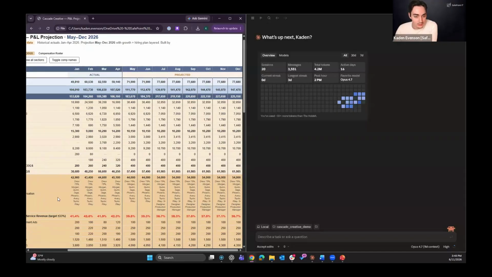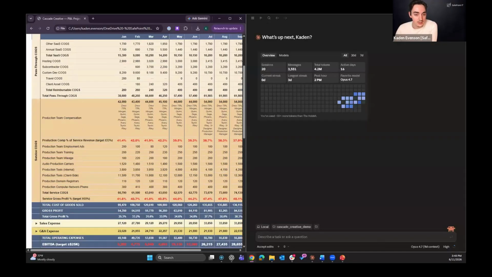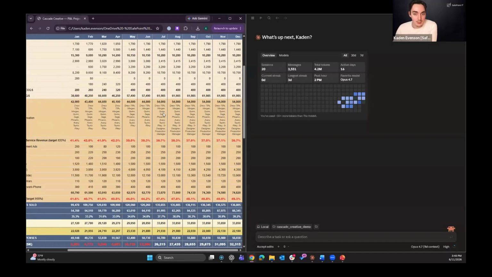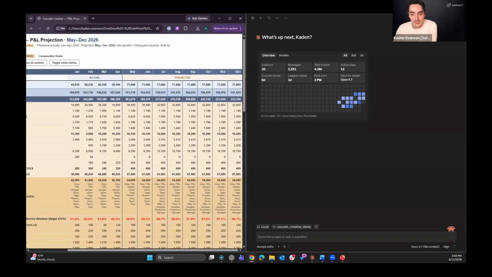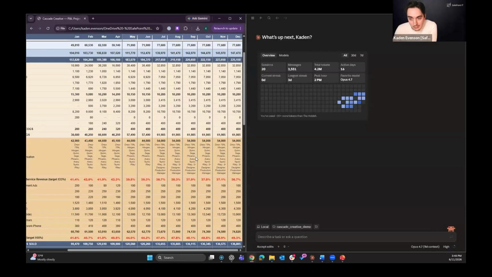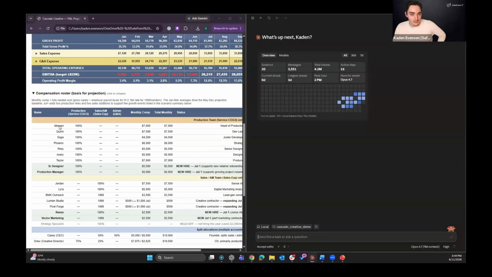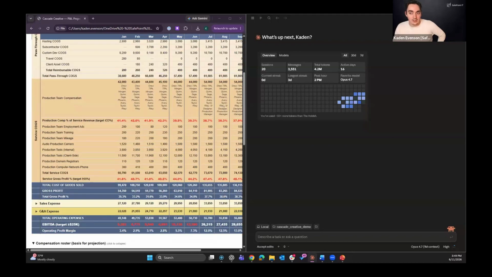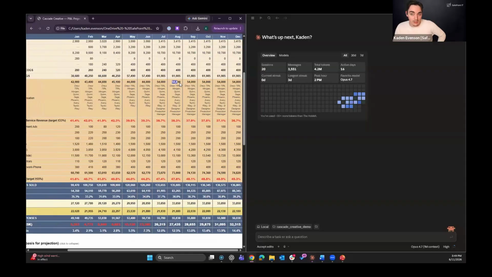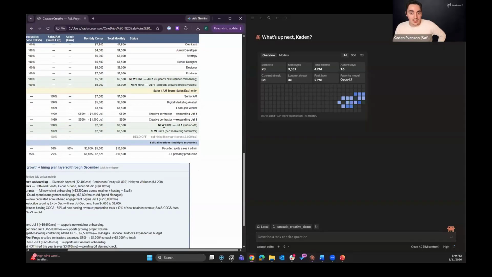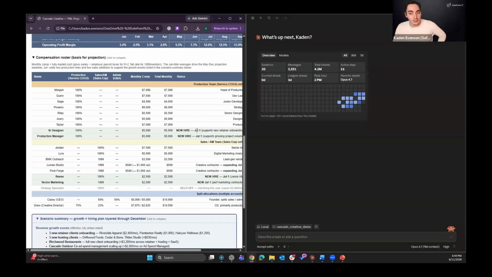So let's look through here where I opened up our service and we see our production team. It shows the compensation for our team over the next year. Let's say Phoenix is going to leave the company, right? Names of people are inside the cell next to the number for each month. And those all reference down here. So Phoenix, Morgan, Quinn, Sage, they're all down here and it pulls it up and lists them here. So you see, this number is these people. And then it backs it up down here by listing those out and giving you more information about how it